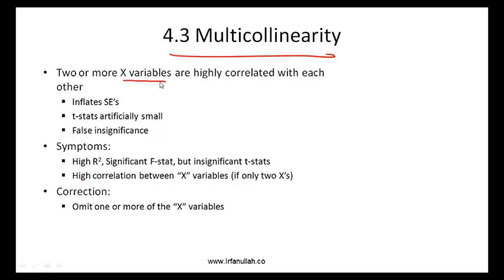The third and final item on this is multicollinearity. Two or more x variables are highly correlated with one another. So multicollinearity means the relationship between the independent variables. That is another violation of one of the regression assumptions. This inflates